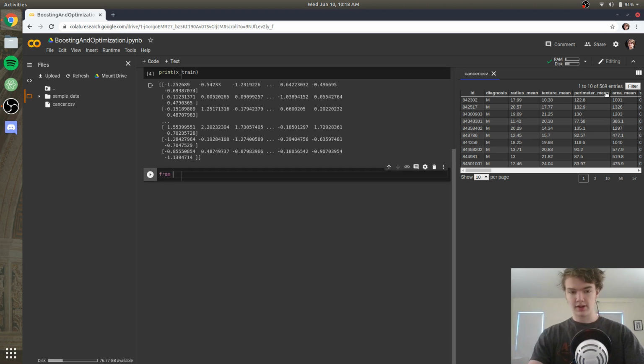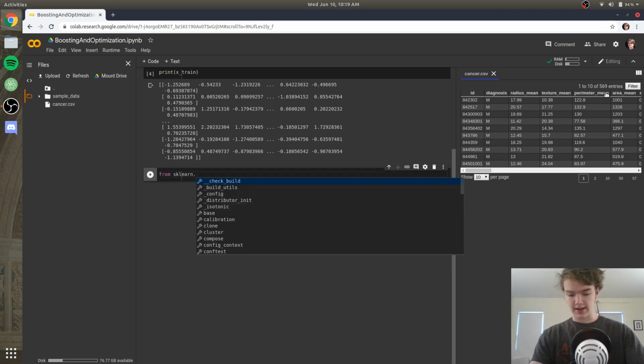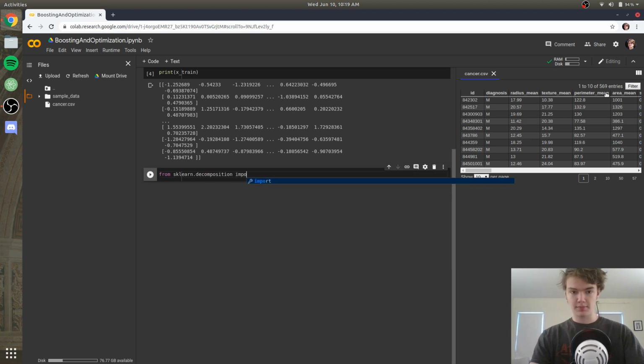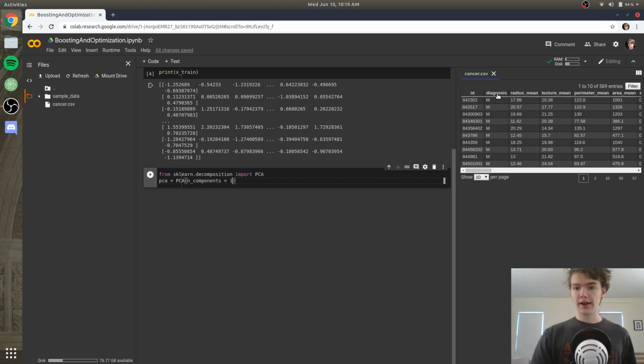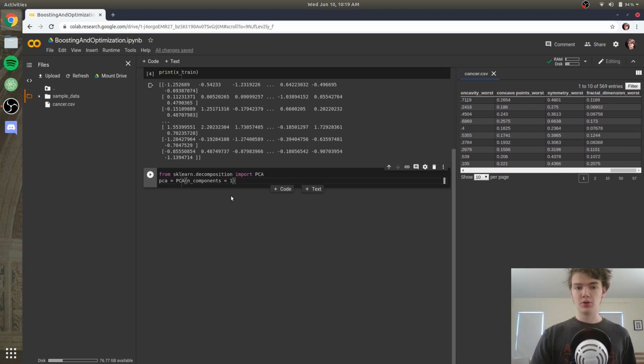So we'll say from Scikit-Learn dot decomposition, we're going to import PCA for principal component analysis. And then we're going to say PCA is equal to PCA, and our number of components will just equal 1. So we'll take all of our x values and then just turn them into one single data point. So we'll say our x_train_scaled is going to equal PCA dot fit_transform